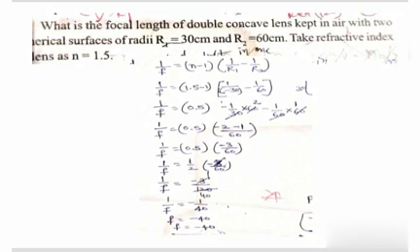Okay, so like this we can do the problem, and we have problems related to the lens formula also. 1 by f is equal to 1 by v minus 1 by u, like that also problems will be there. Same, these problems also relate to the object distance and image distance values he will give. From that we can find out the focal length value. So like that also we can do. Here we discussed the problem related to a concave lens. He will give the same problem related to a convex lens, and follow the sign convention, substitute the values and find out the focal length. We can do it easily. Now we will discuss